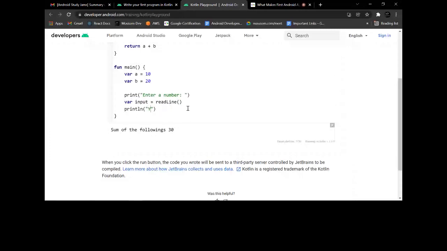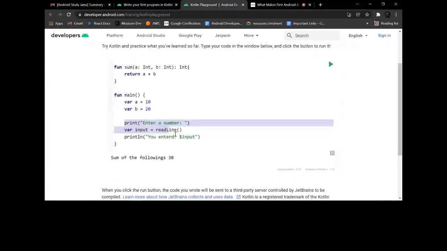Inside this print, I will write you entered, and the user input I will show over here. So this is the thing. I just write these 3 lines of code in the main function, and run the program.